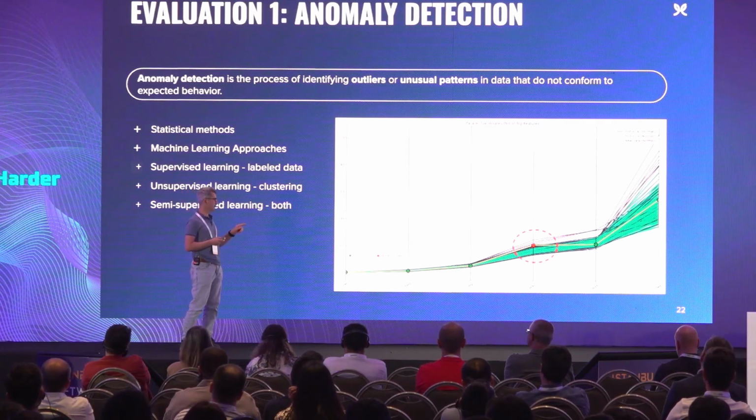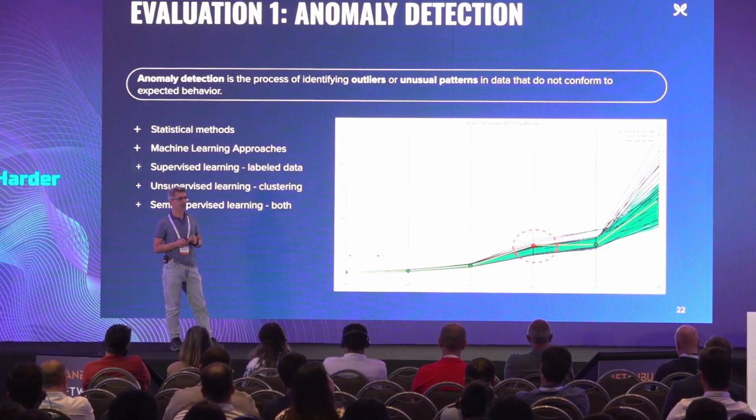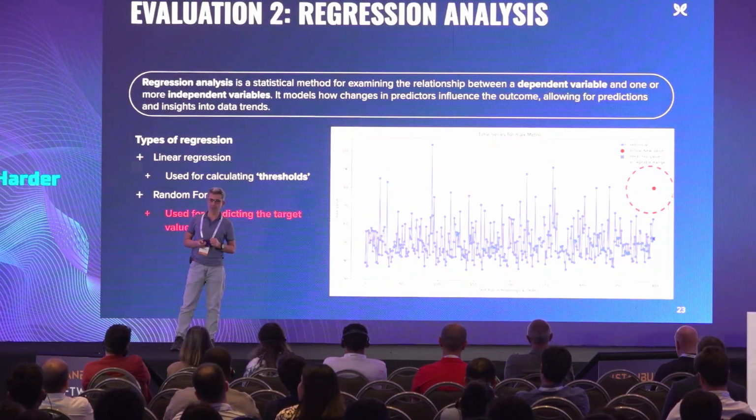If something is above or below this graph, then we are saying that it is an outlier in the system, and there is an anomaly in our system. So this is the first one, and the second one is checking the regression. Regression means that there is